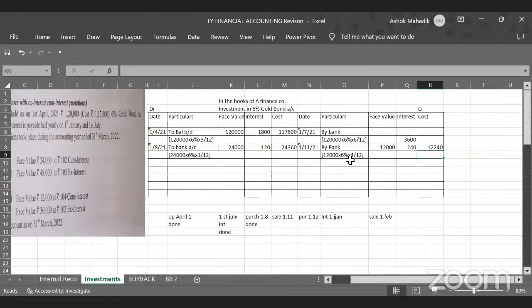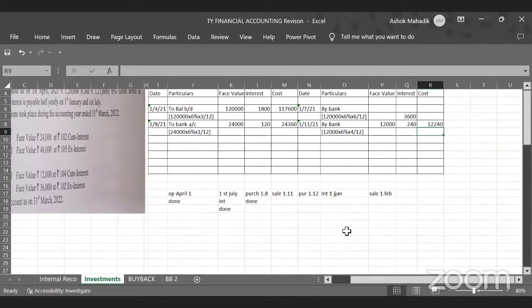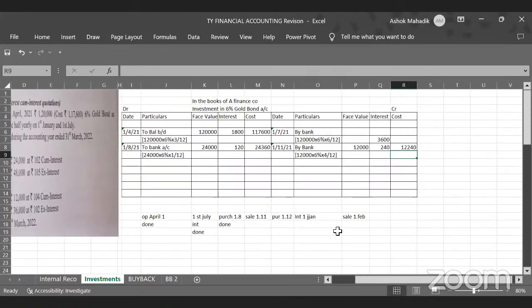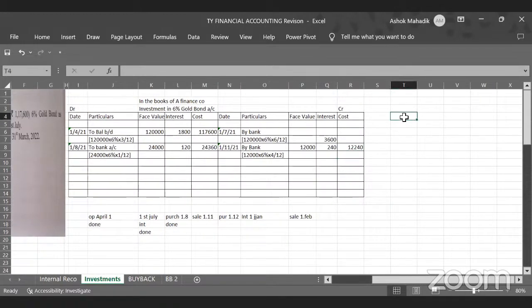So how to calculate profit or loss on sale? You begin with ex-interest selling price. Whenever you want to know profit, selling price minus purchase price will give you profit or loss, right? So we start with ex-interest selling price. What is my selling price? 12,240, right? Minus